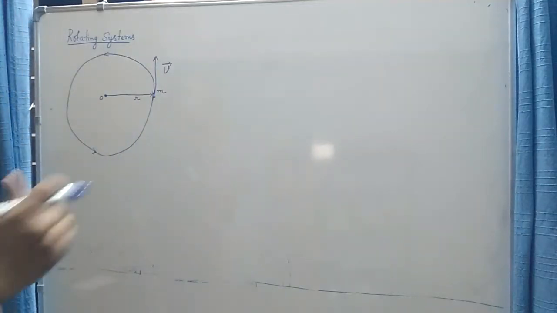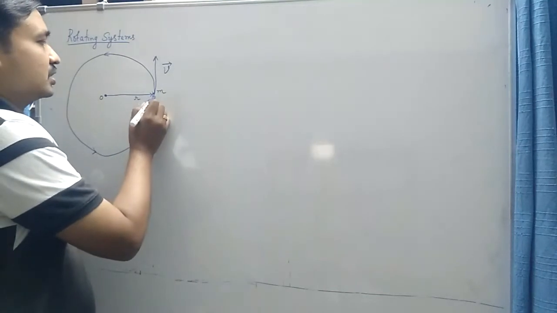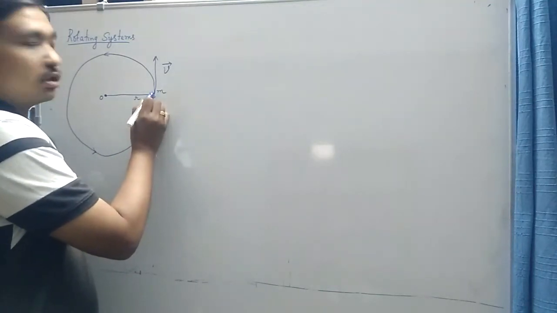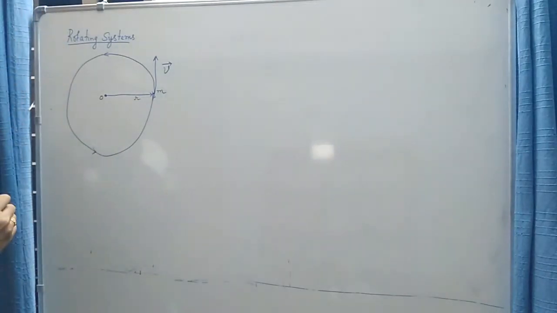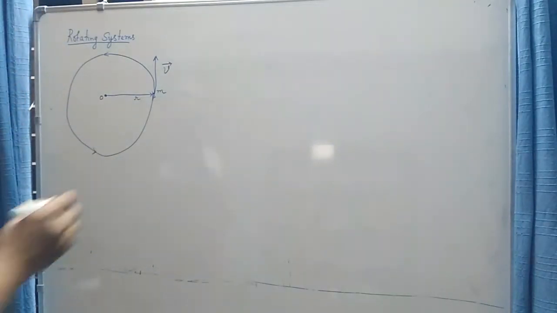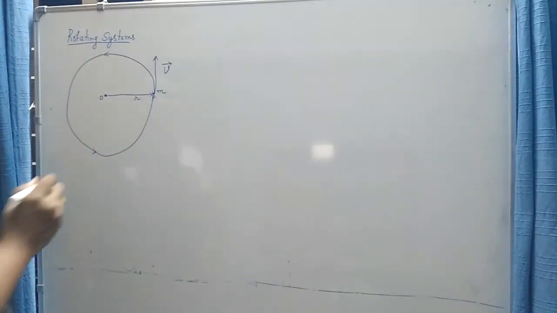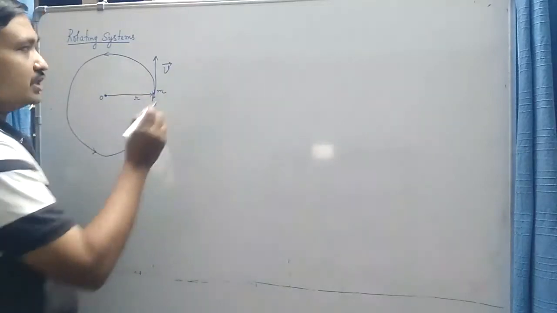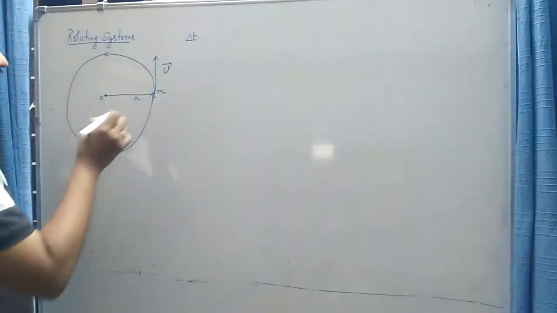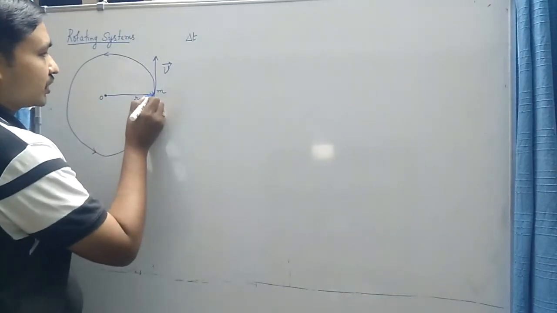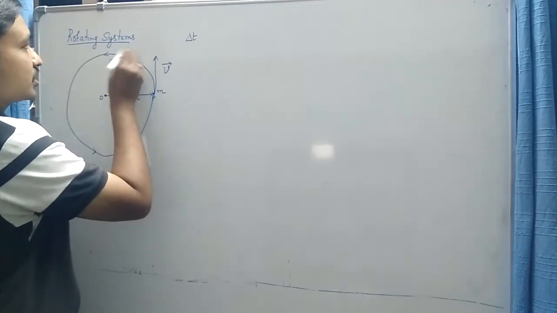So the velocity, which is also called linear velocity, has a direction which is tangential, the tangent drawn at this point to the circle. So we have a particle of mass m and linear velocity v exhibiting a simple rotating motion, a circular motion. Now in a small instant of time delta t, let us assume that this particle has moved from point p to some point p dash.